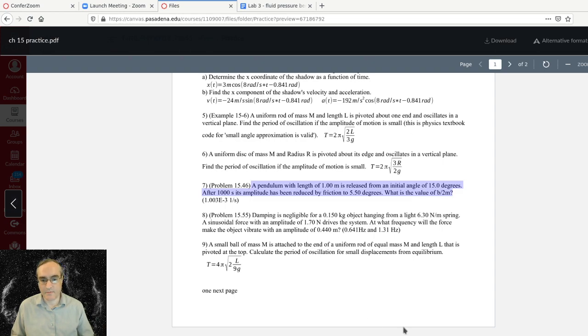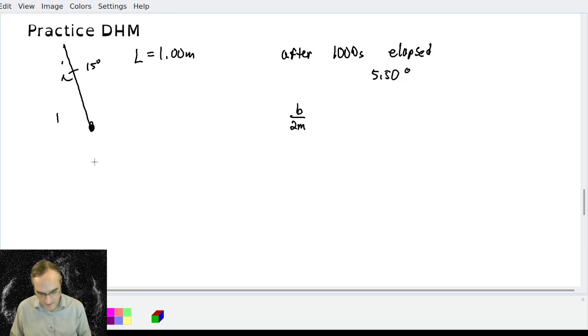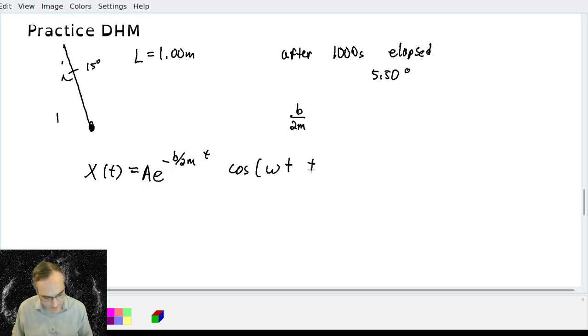Okay, so let's come back to my screen here. Alright, this may be a pendulum, but it still follows broadly the same rules as a mass on a spring would. So we've got the original amplitude, we've got the damping term, which determines how quickly it falls off, and then we'll have a cosine of omega t plus phase term, where this time the omega is some much more complicated